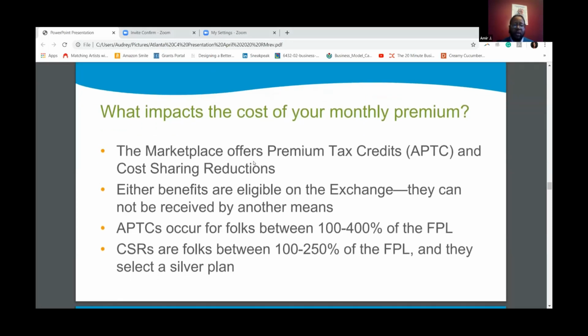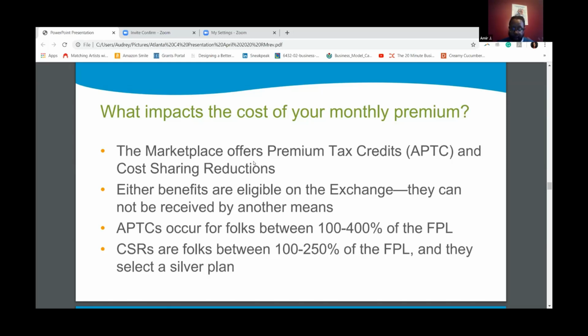We've touched on this a couple of times so far in this conversation. So if it's okay, I'd like to direct everyone's attention to the last 2 bullet points. So with premium tax credits, we're looking at individuals whose income is between 100 to 400% of the federal poverty level. For cost sharing reductions, these are individuals that are between 100 and 250% of the FPL, and they select a silver plan. So with respect to dollars and cents, if you are between $12,500, and I'm rounding up, but again, if you are a household of one,